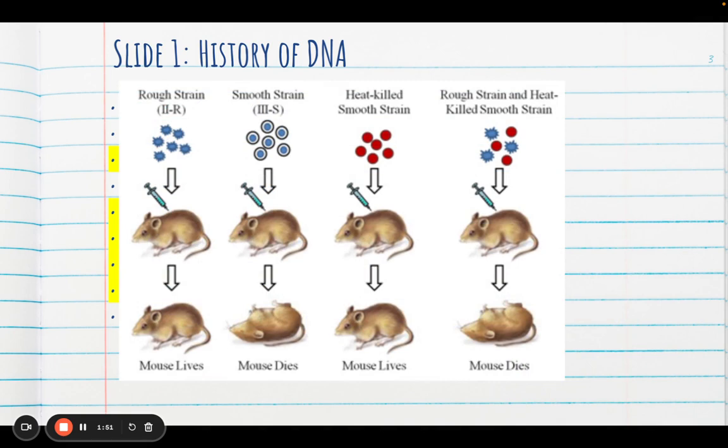Frederick Griffith was a bacteriologist studying the pneumonia bacteria using mice. At the time of his discovery, he was actually trying to create a vaccine for pneumonia. Instead, he found that DNA was the genetic material and not protein. Well, he actually did not realize that it was DNA. He just called it the transforming principle instead.